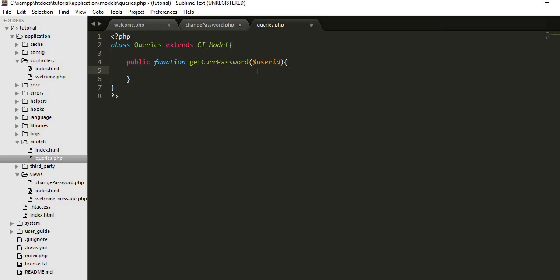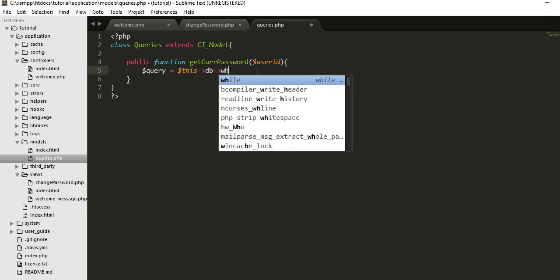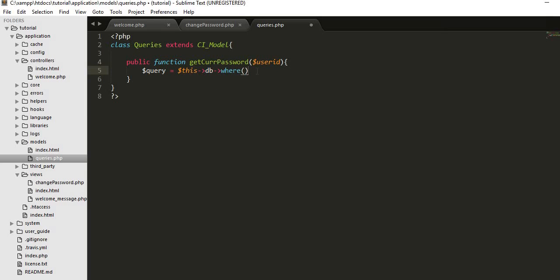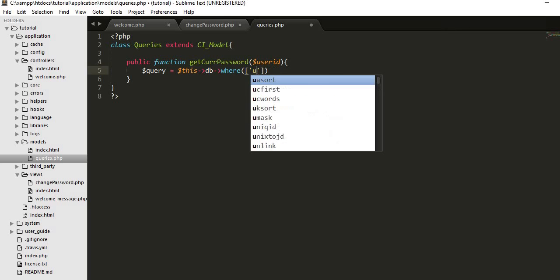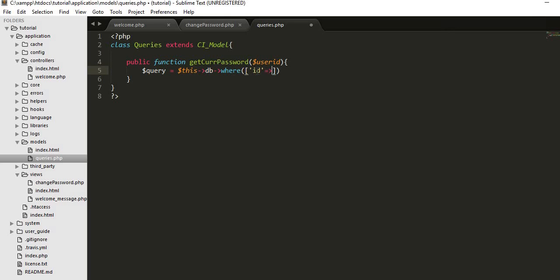Then we need to write the query: dollar query equals to dollar this db where id equals to the user id. Copy and paste here,